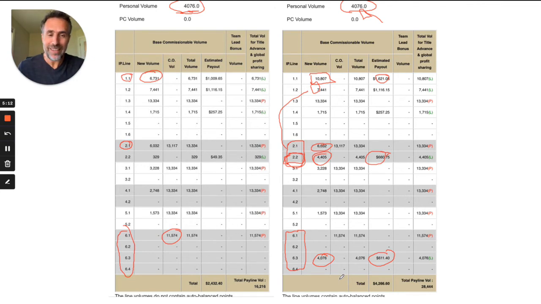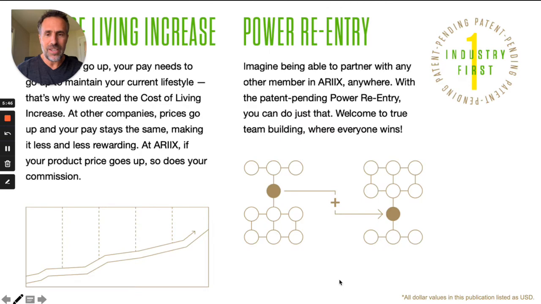I don't know if you get this, but this is crazy. I didn't have to do anything. The algorithm looked at my entire genealogy and looked at where to place the volume so he benefits the most. That's one of the things I love about this comp plan: you don't have to worry about anything. You don't have to look at the end of the week or the month and check where to place your volume and buy volume and all of that. It's doing it all for you without you lifting a finger. I just wanted to show you a real life example that happened in our organization, so you can see what it means.